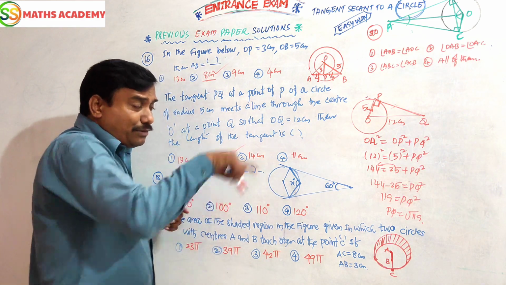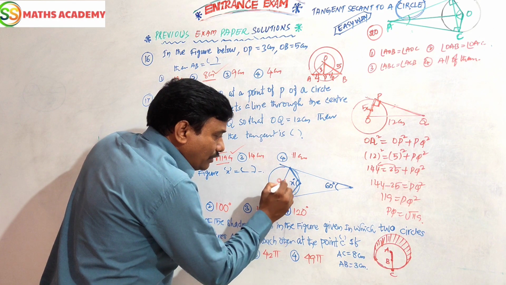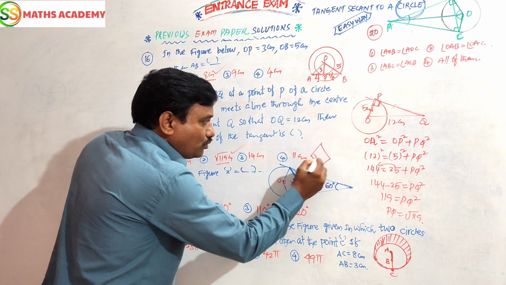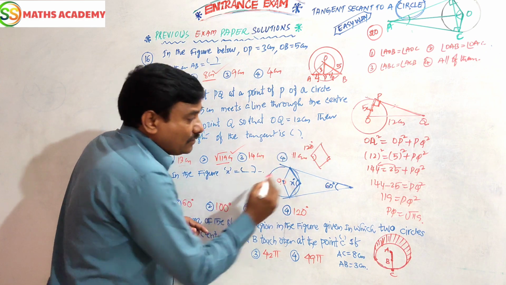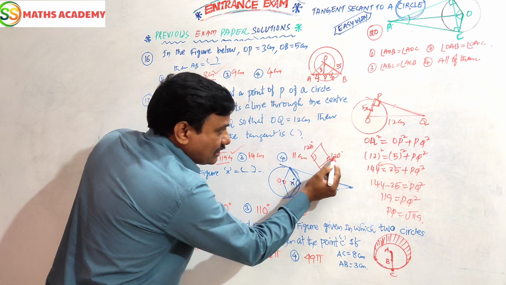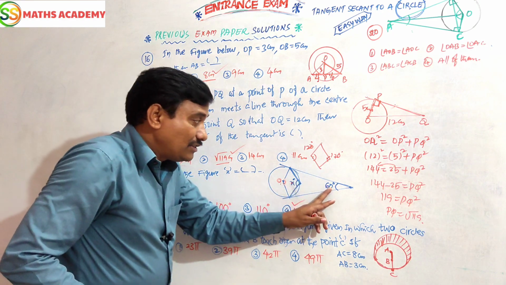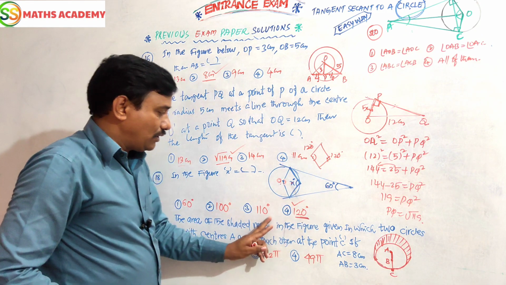I told you very clearly in the previous problem, angle O will be double of this angle. In a cyclic quadrilateral, these two angles must be equal. This angle is double of it, 120. This is 120, automatically this is also 120. So what is being asked here? x is being asked. So 120, where is 120? This is your answer, this is double of it. These two are equal, 120, 120. So x equals 120.